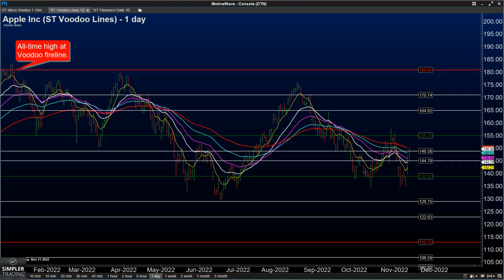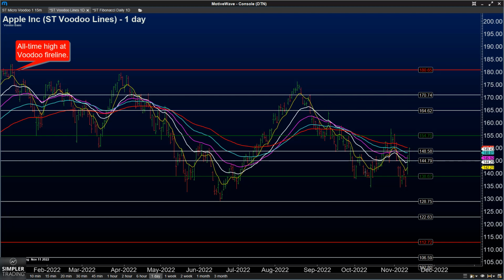This is David, and we're going to be taking a look at Apple here this evening, and I want to look at a few things. So we've got this bounce from last week's low, but there isn't a whole lot of internal structure. It's pretty much straight up. So that really only gives us one set of Fibonacci proportions we can use, and that's kind of looking at